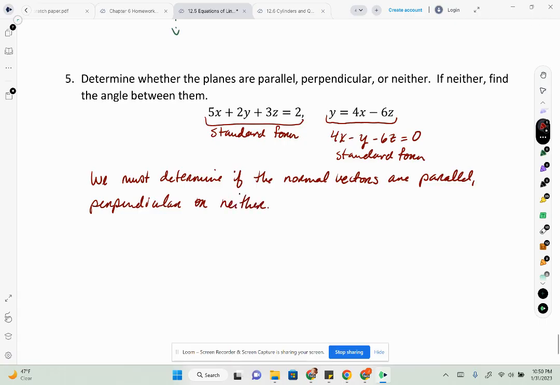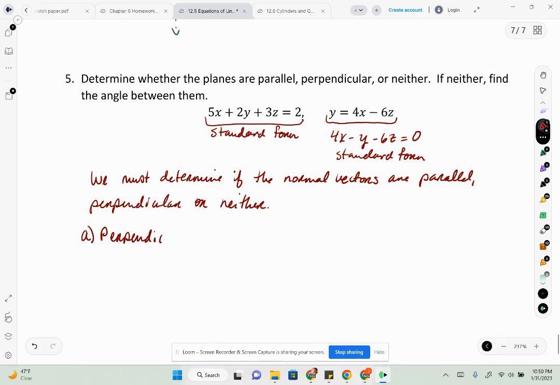If the normal vectors are parallel, then the planes are parallel. If the normal vectors are perpendicular, then the planes are perpendicular. If the normal vectors have no relationship, then neither do the planes, but we could find an angle in between them. So let's start with perpendicular